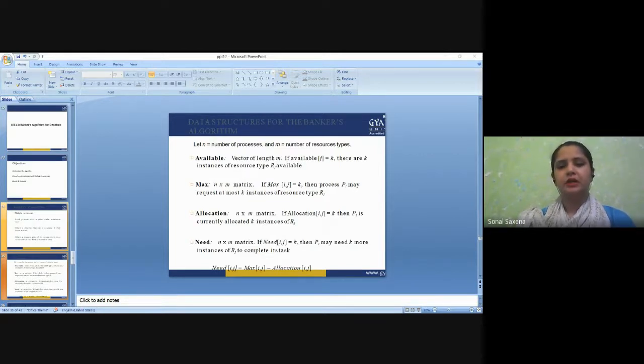Suppose the maximum number of resources that I need is 5. So here m is equal to max is equal to 5, and currently my process has got only 3 resources as allocation. So the allocated part is 3. So how much more do I need? 5 minus 3, m minus a. 5 minus 3 is equal to 2. So in total I need 2 more resources to get executed. So this is a simple formula that you can apply. Need is equal to maximum minus allocated. It will tell you how much more your process is in need of the resources.